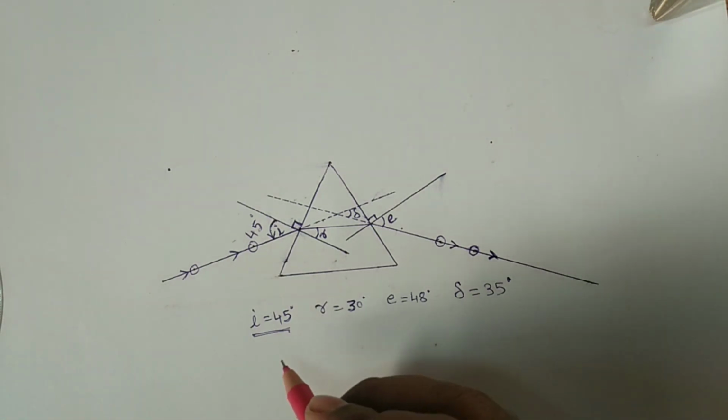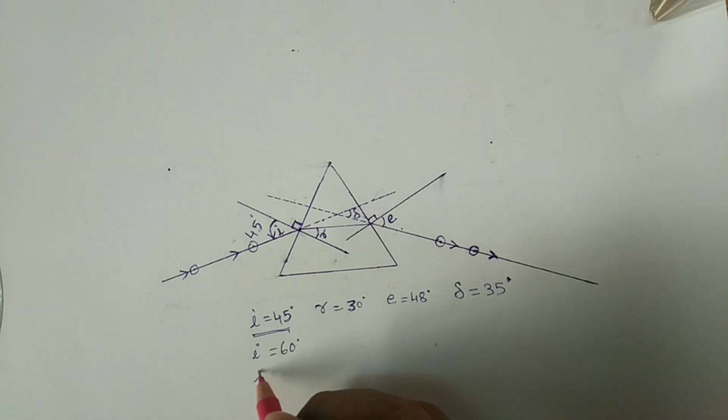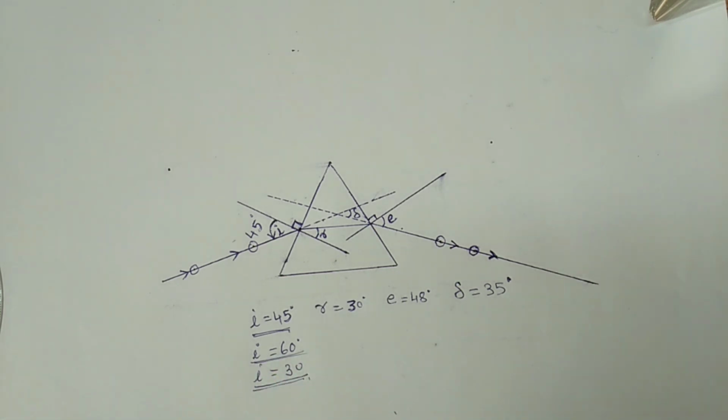You can repeat it with I is equal to 60 degrees, with I is equal to 30 degrees, and you can show it to the examiner in the exam if he or she asks you to show it for different angles, students. But most probably in the exam you will do it for one angle only, because you will have limited time. For one of the three, 45, 60 and 30, you will have to do it. So make sure that you do it properly, students.